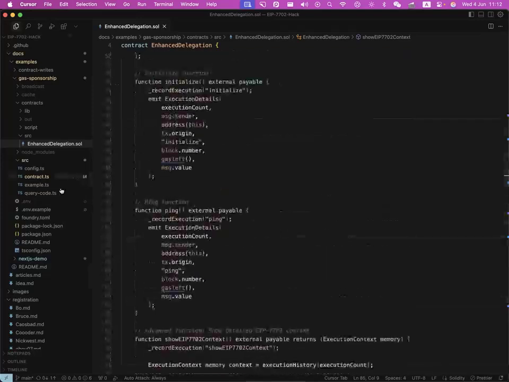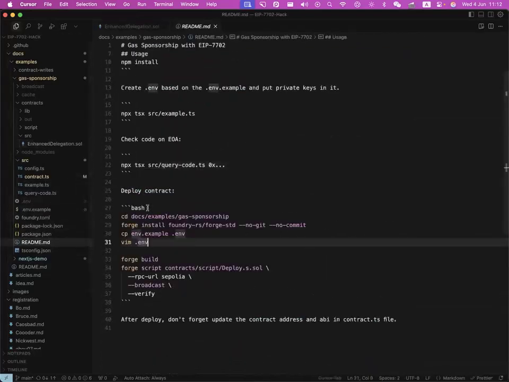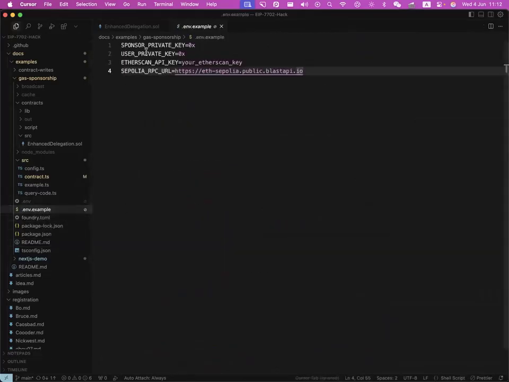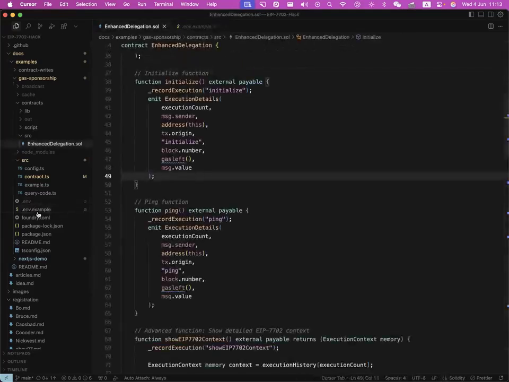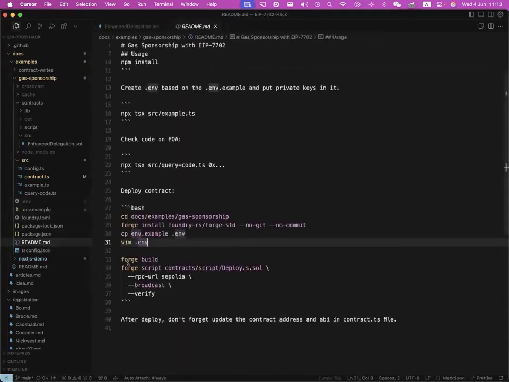So how do you deploy that? I put the instructions here. First you need to use Forge to install some dependencies and create the environment variables. Basically you need to prepare two EOAs, one is the sponsor and one is the user, plus the Etherscan key if you want to verify, and the RPC. I already created some private keys in my env, so I won't show you there. After that, you can run the two commands here